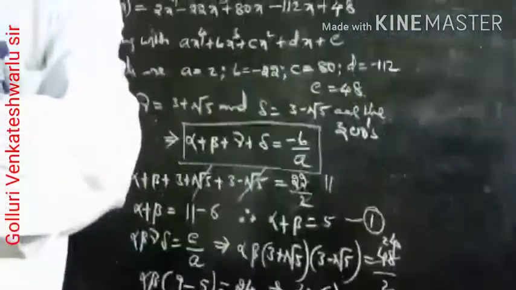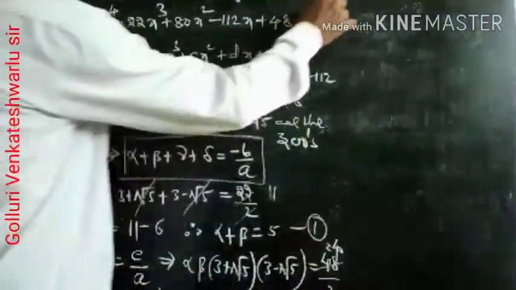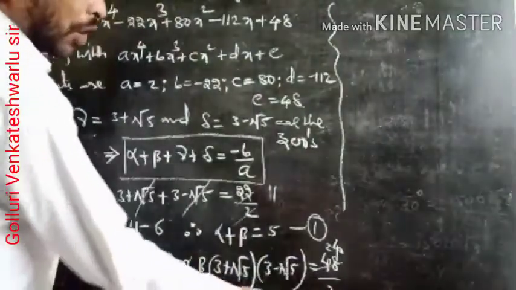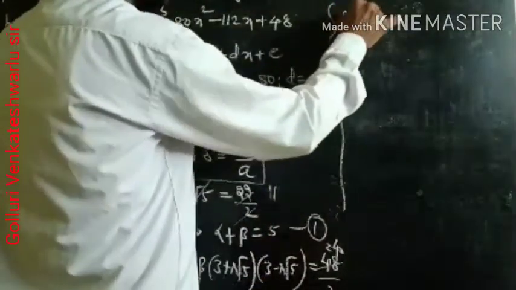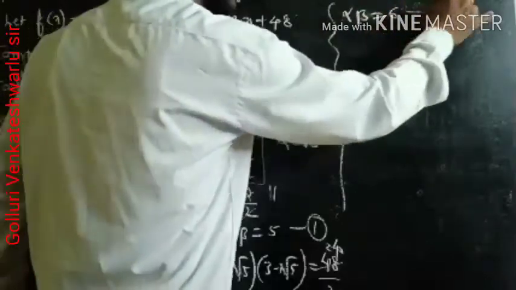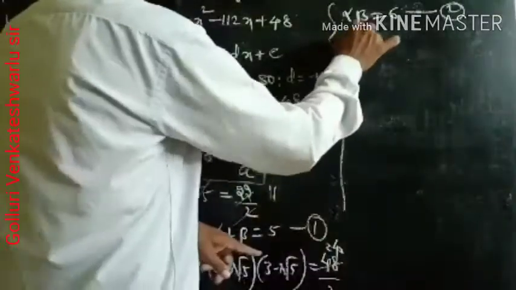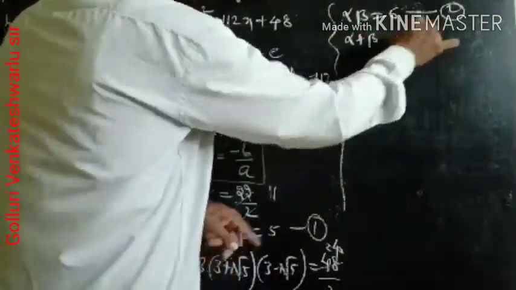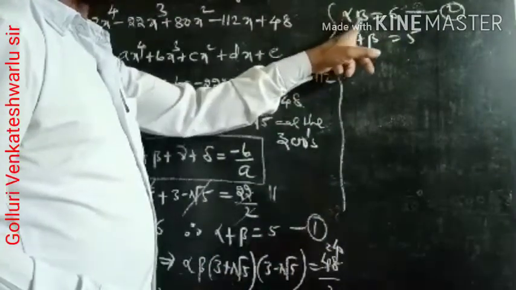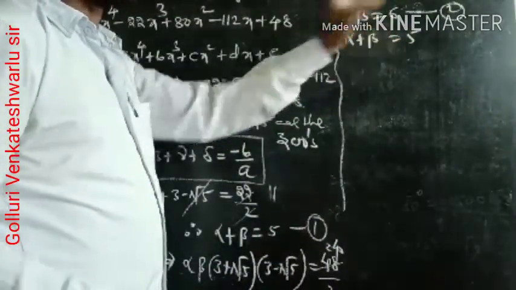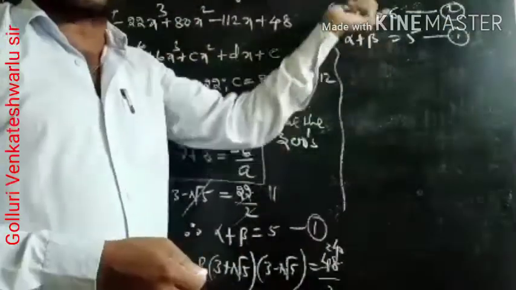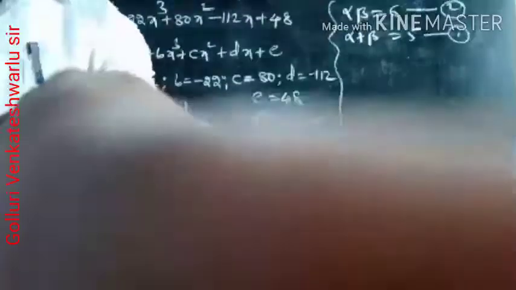So we got another equation. We obtained another equation, which I am writing here. Look at your right, the second part: alpha beta value is 6. The product of zeros alpha beta is equal to 6. Let this be equation number 2. And the sum of zeros, alpha plus beta, is equal to 5. This is the first equation and the second equation. So we have a relation between these two.